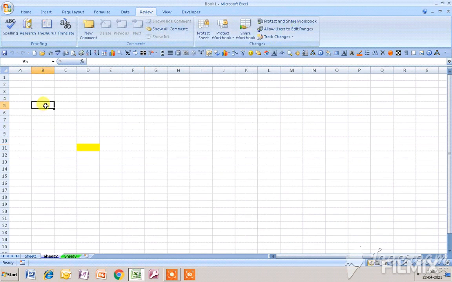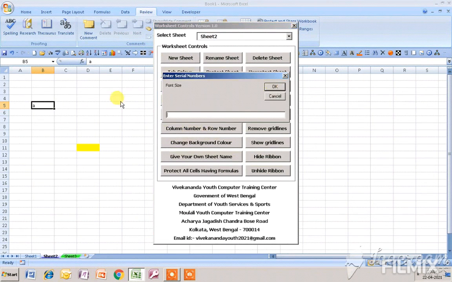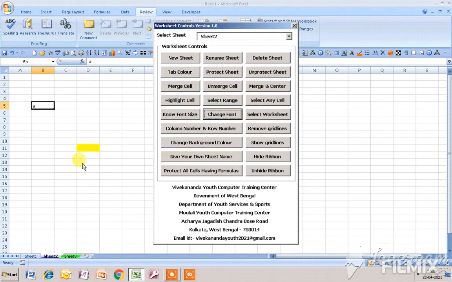Now I go to worksheet controls and I want to change the font size. Suppose I change it to 12 and I click OK. Now you can see the font size has increased.